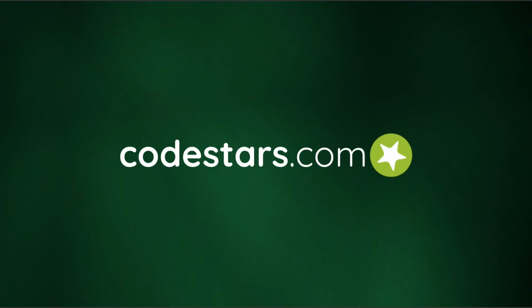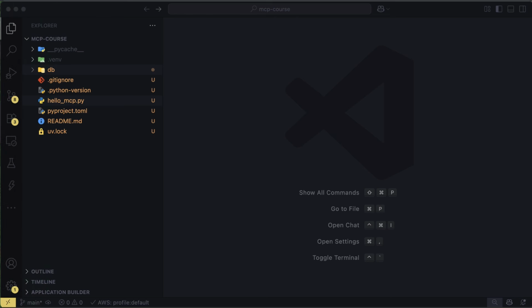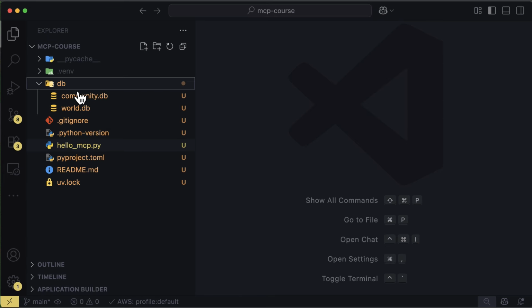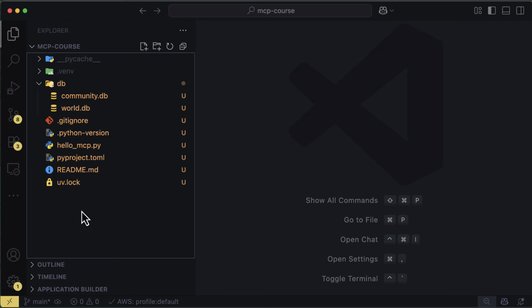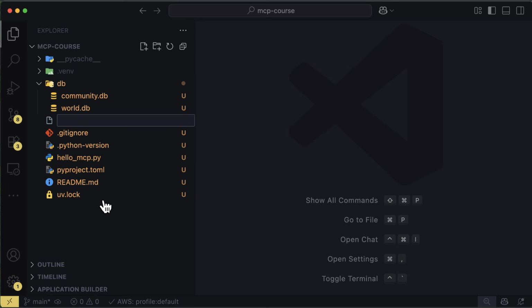All right, now let's go ahead and build yet another MCP server. This is going to be fun because we're going to create an MCP server locally that's able to read a SQL-like database. So we'll have access to these databases. These are SQL-like databases, so very light. Let me go ahead and create a new file here. Let's call this SQLite